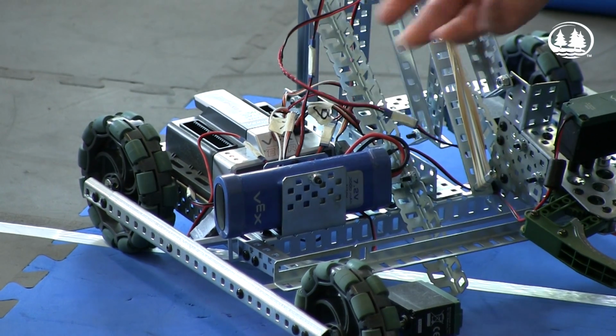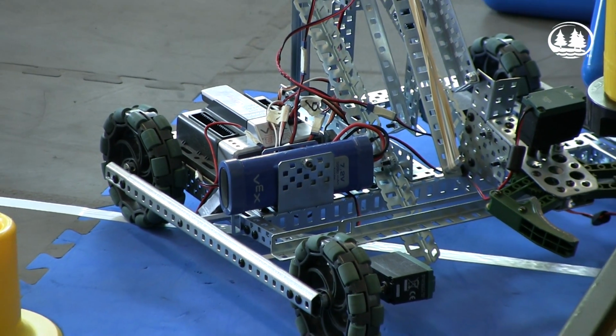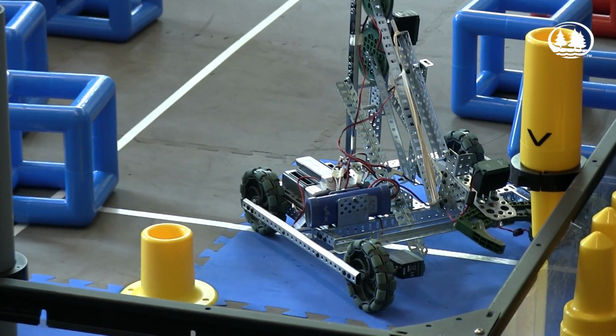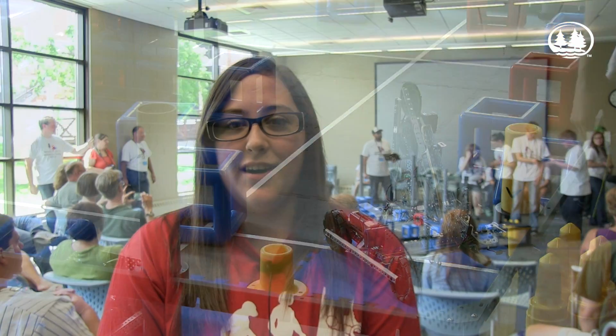So when my senior year came, my teacher, Laura Reese, who's a camp counselor this year, made me head mechanic, and I built most of the robot myself. And I mentored some of the newer ones coming in. So my brother came in, and I told him how to build it, what parts to use, and what they did. And I've always been interested in